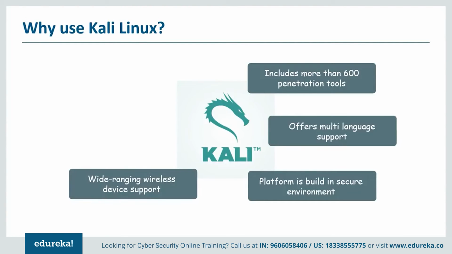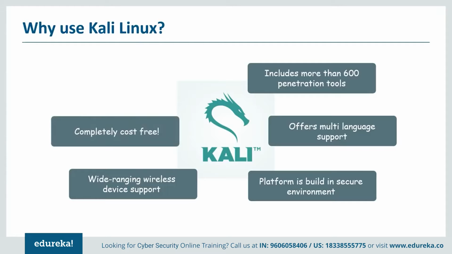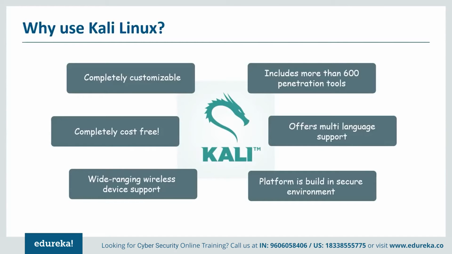One of the striking features of Kali Linux is that it supports wireless devices. It is built in such a way that it supports as many wireless devices as it possibly can. This way, it runs properly on a wide variety of hardware and is compatible with numerous USB and other wireless devices very easily. Kali Linux, like Backtrack, is completely free of charge and always will be. You will never ever have to pay to use Kali Linux. And finally, Kali Linux offers you a customization option. If you're not comfortable with the current Kali Linux features, you can customize Kali Linux the way you want.